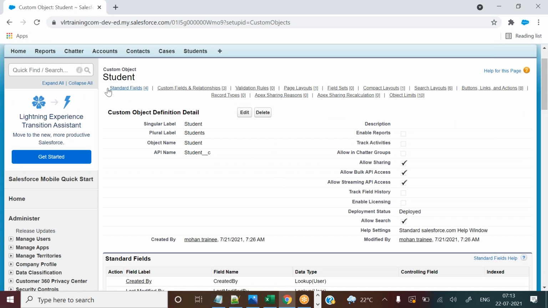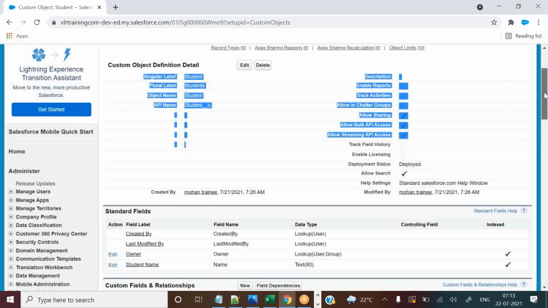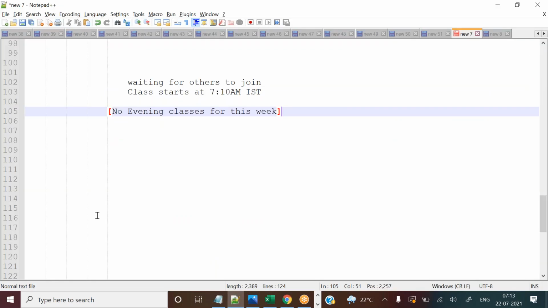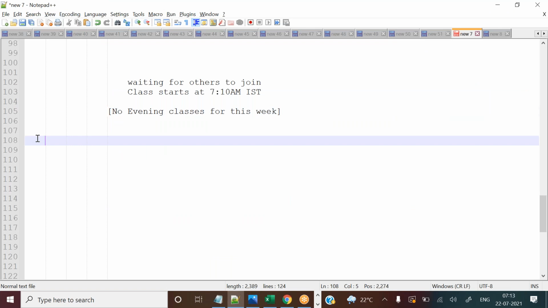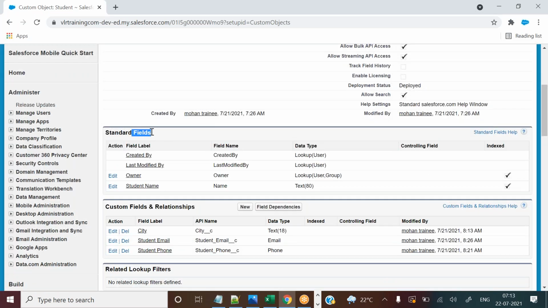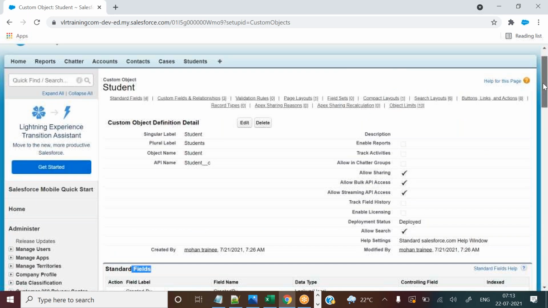The page name is what? Object detail page, which gives details of the object. So these are the details of the object along with the other sections. So these are all what? Sections. Terminology you need to remember. Now, object is used to store the fields and values. That means data. So that is the object.